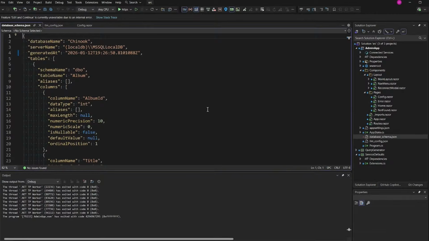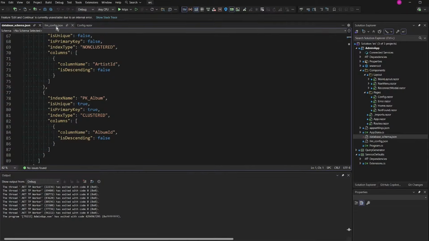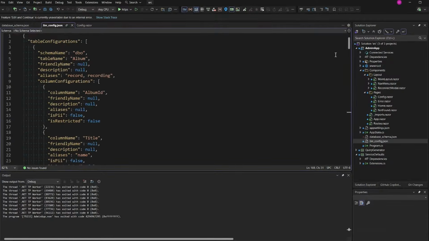Right. The idea here is to take these JSON files, both of them, which I've got listed right here. Here's the database schema JSON, which we already took a look at. And here's the LLM config JSON, for lack of a better word. We might come up with a different name for that, but basically this is the metadata that goes around the schema to define what the parameters are and what the friendly names are and all that stuff.